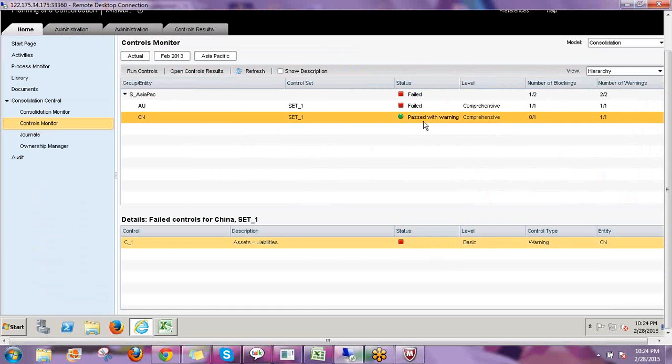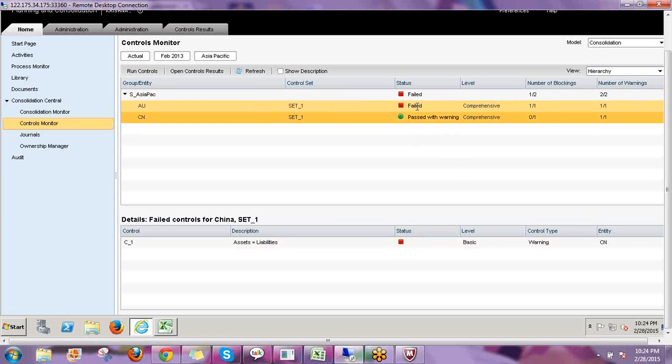That is why even if C1 is failed, it is showing passed with warning. If you see the status, the least restrictive status will be shown. Green will be the number 1 status and next is red. If one of the controls is with red status, it will show the status as red. Even though the status at individual control level is red, since it is a warning type of control, the overall